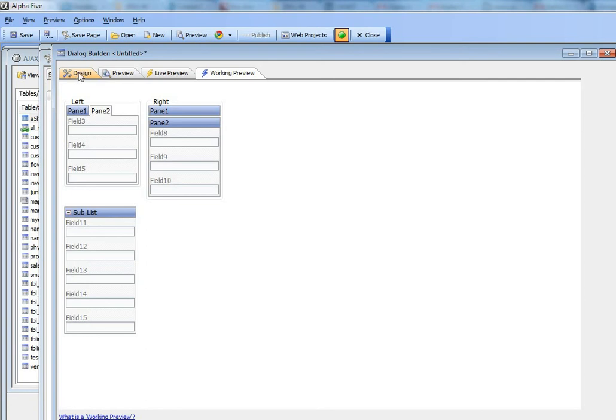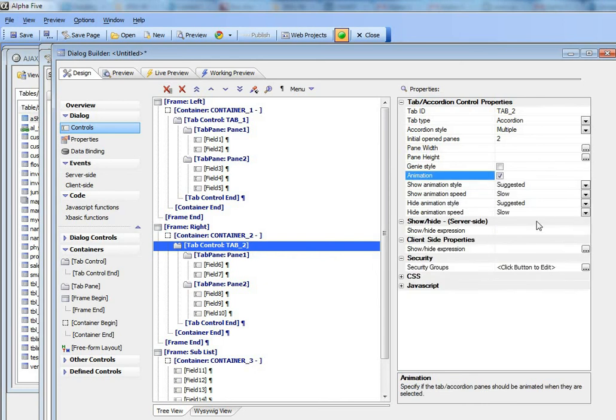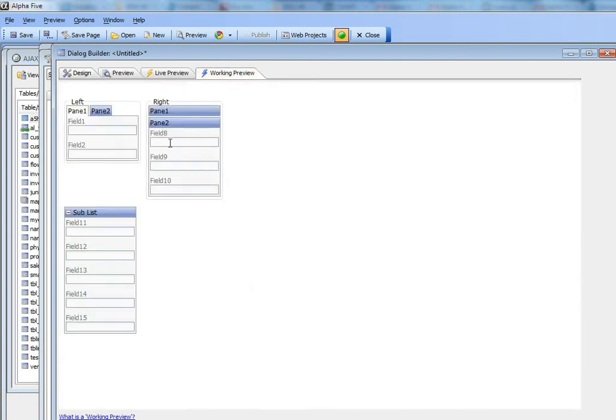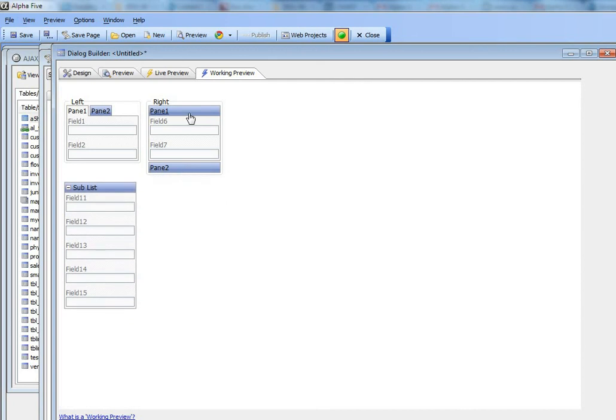Now we can go over, for example, to the accordion over here, and we can turn on animation, and we'll just use the suggested animation style, which would be slide. So we'll go there, and you can see there now when we open the panes we get the animation effect. So we'll pause now and pick